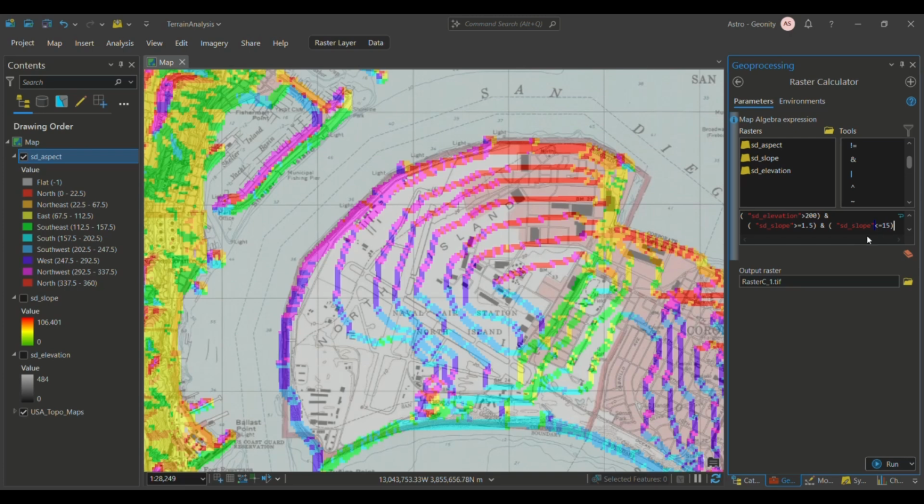Now, what's the other requirement? Let's write another ampersand and use another parenthesis. Our aspect, what should be the aspect? Our requirement is that it should be south facing, the southern aspect. So what do you see in the legend, in the layer area? Which aspects are south facing aspect? Southeast, south, and southwest, right? So it starts from 112.5 degrees. So ST aspect is greater than or equals to